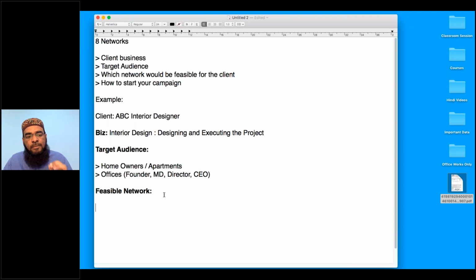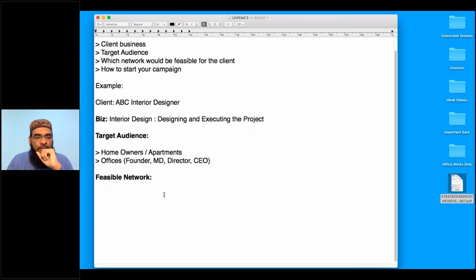If you consider feasibility as an example, in simple terms, the first network I would like to start with is Facebook. In many cases you realize that Facebook is one of the go-to networks. If you take any business, you can start with Facebook. Why? Because of the huge variety of users they have and the targeting options they give you in advertising and other aspects. So I would say, without any hesitation, any client can generally start working on Facebook. In general, I'm saying.